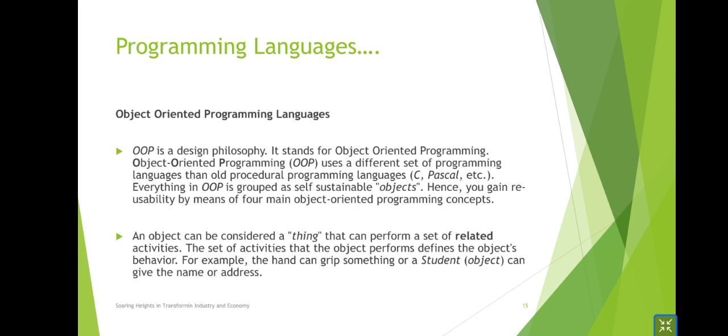An object is anything that you can give attributes. A person is an object. A student can be an object. A computer can be an object. Anything that you think of can be an object. Then these objects will be given attributes. Attributes are characteristics. Like you can say that a student can have a registration number, can have a name, can have a class, can have an age, can have anything that a student can have.